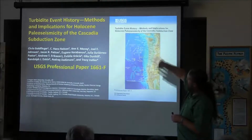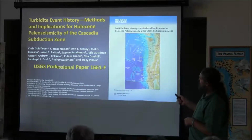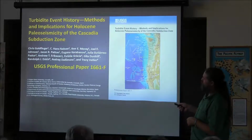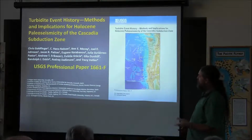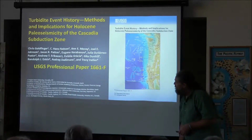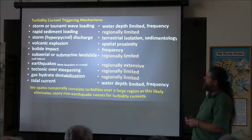Here's the Cascadia subduction zone, and each of these dots represents a sediment core that my colleague Chris Goldfinger and others, including myself, have worked on. And here, this is another USGS professional paper that you can download for free. It's a little bit more technical than Brian Atwater's paper, but you can still download it and understand it certainly to a certain amount of detail. And in this paper, they present